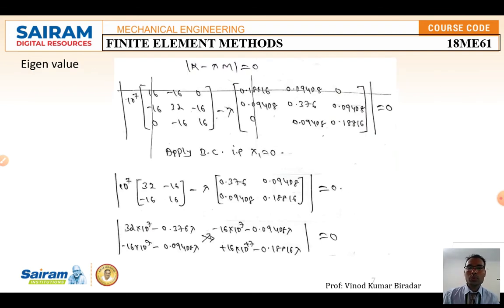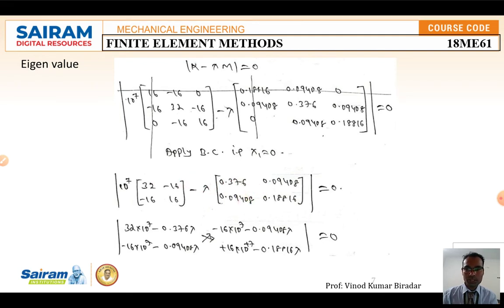So far you calculated the stiffness matrix k and the mass matrix, so substitute here. Since in the given problem the first element is fixed, node number 1, delete the first row and first column in both the matrices. After applying the boundary condition, x1 is fixed, so delete. The remaining left out is 10 to the power of 7 times 32 minus 16. This is the left out, you solve this equation.